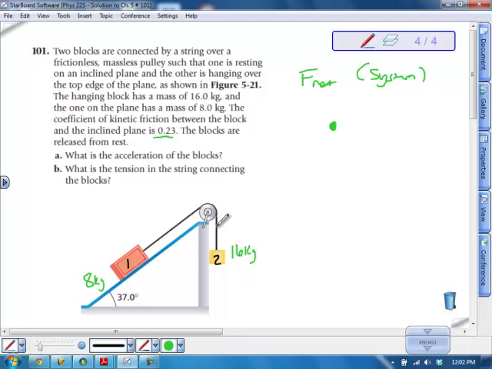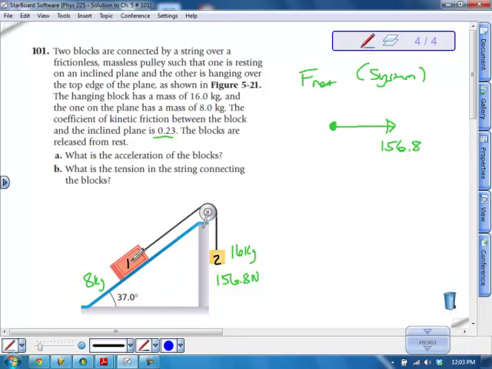We have one force pulling downwards, and that's mg from this block, which if you do the mass of 16 times 9.8, you get 156.8 newtons pulling downward on this block. So I'm going to draw that going to the right on this one, 156.8 newtons. And then on the left,